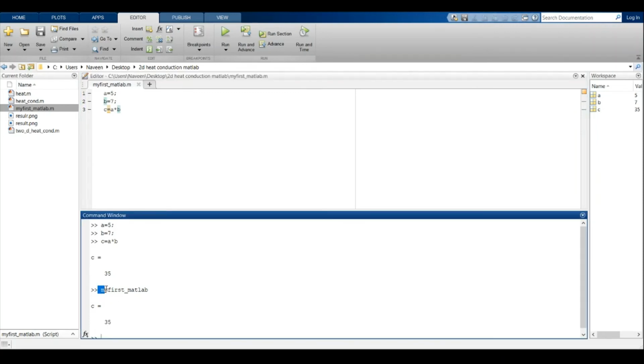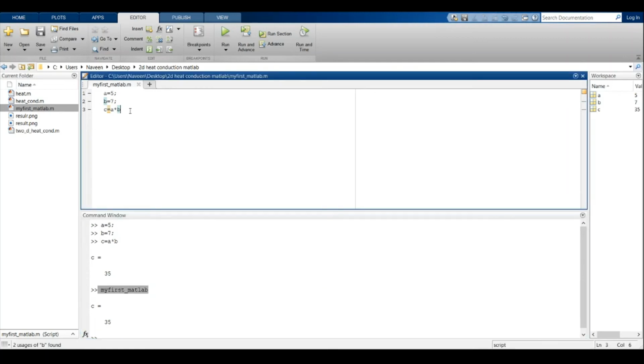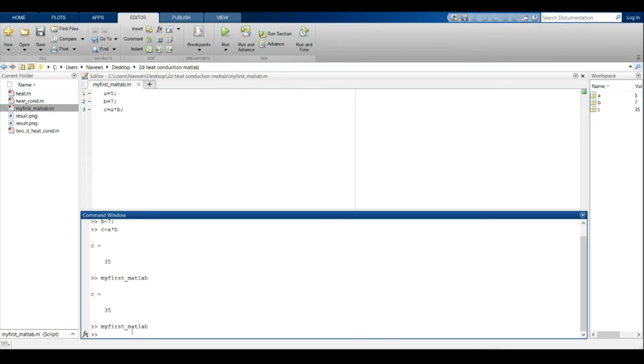After my first MATLAB, a and b are not appeared. It is directly appeared as c equals to a into b. For example, if I give a semicolon after c equals to a into b, then what will happen? Will it show c equals to something value? No, it is not shown any value after my first MATLAB.